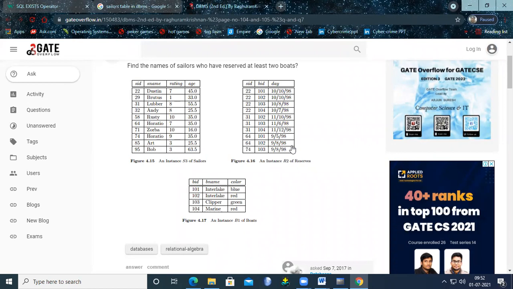And another thing, how we are creating these tables: if you have any idea, please unmute yourself and talk with me. I'm giving you the chance now. If you know, how are we creating these tables?